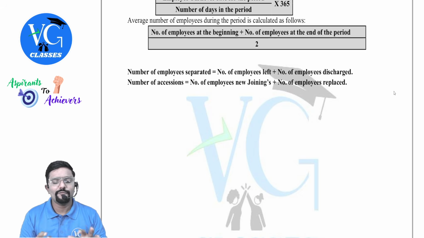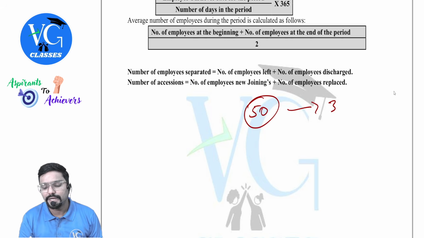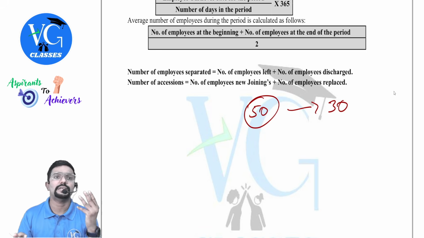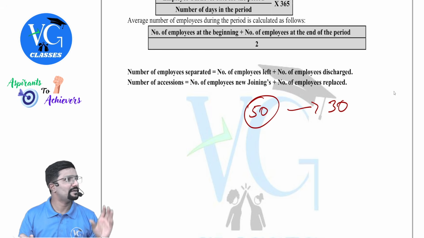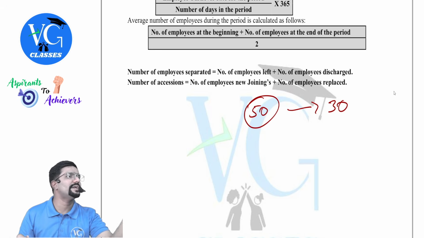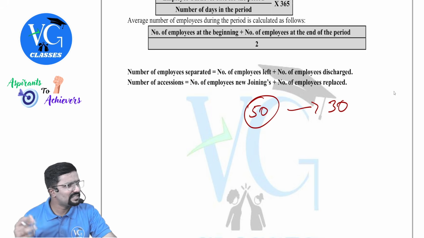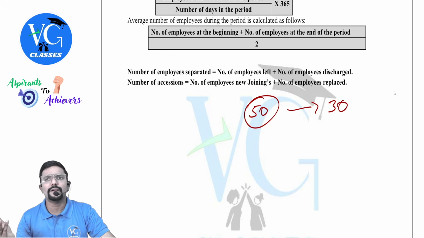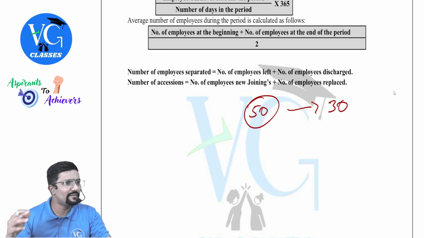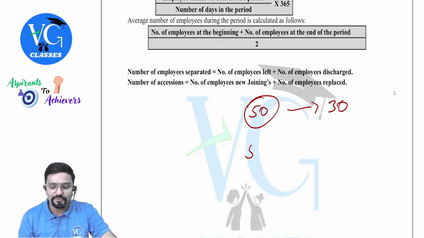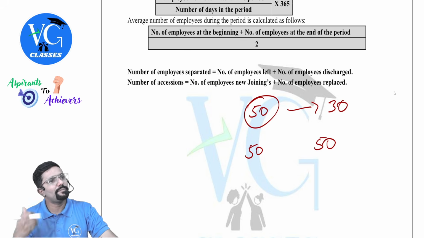Guys, assume 50 employees left. For these 50 employees, I have appointed 30 employees in their place as of now. Is it a replacement? Yes. In place of old employees, I have appointed new people. Another 20 are still pending; we may appoint them in the coming days, because all of a sudden I will not get 50 equal to 50. It will take time. Or I can put it like this: 50 employees left, and in place of them, I appointed 50 employees.